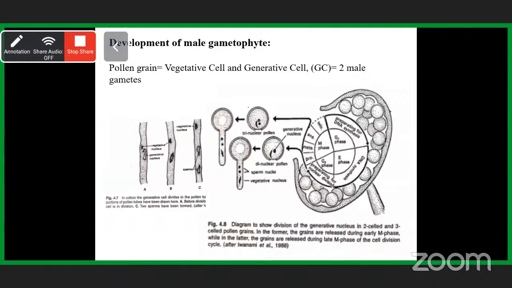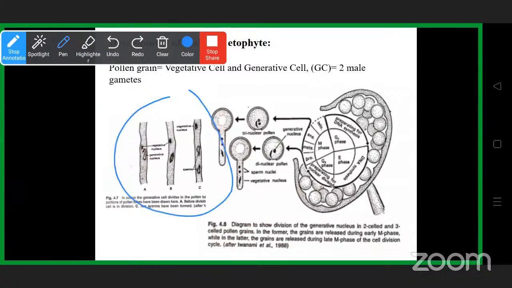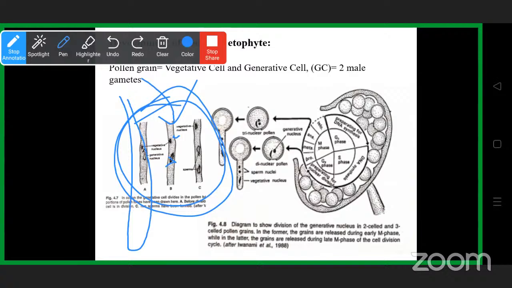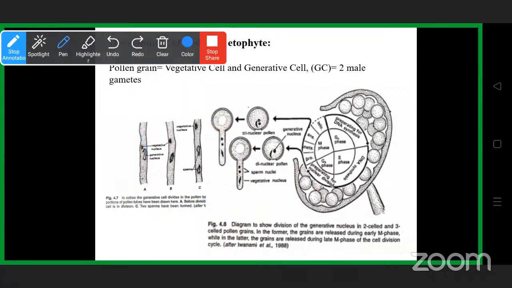You see how the microspore mother cell is taking the divisions. In the majority of angiosperms, usually the two male gametes are formed, and at the three-nucleate stage the pollen comes out. Of that, two are male gametes, and one is the tube nucleus. The tube nucleus is useful for the formation of the pollen tube, the germination tube. Okay, and then